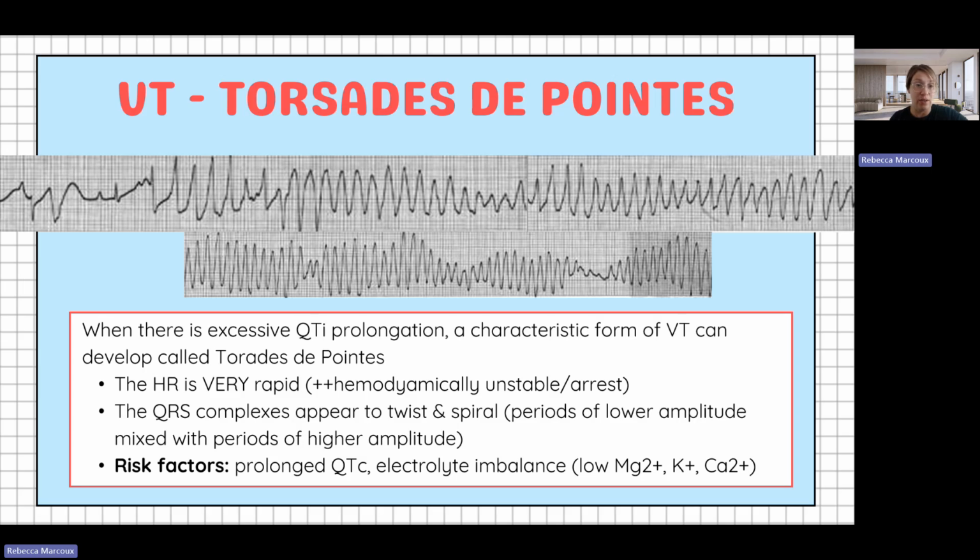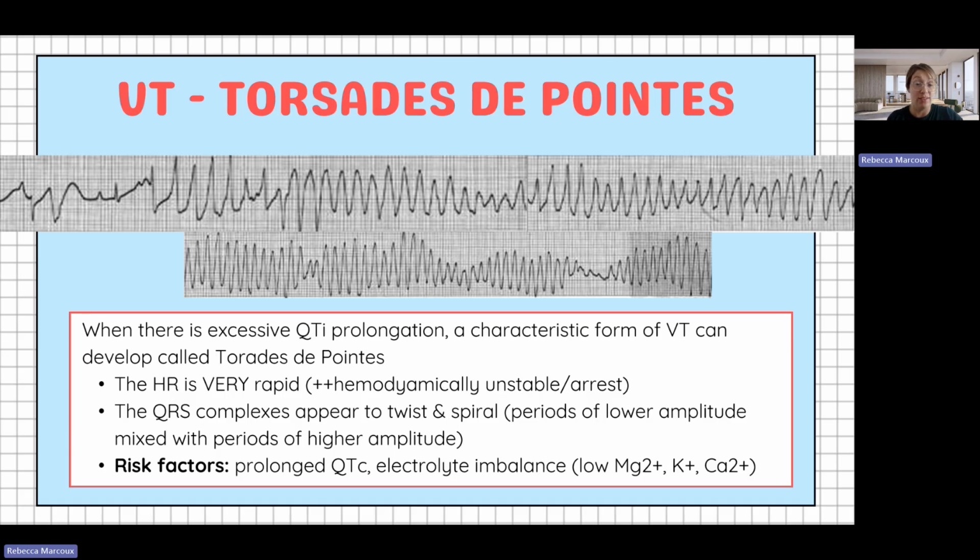This is another kind of ventricular tachycardia that we can see. As you can see, going back and forth between, they look quite different. They're both ventricular tachycardia. This one is called torsade de pointes, which is a very characteristic kind of ventricular tachycardia when we have excessive QT interval prolongation. The heart rate in this is very, very rapid, and these patients are very hemodynamically unstable